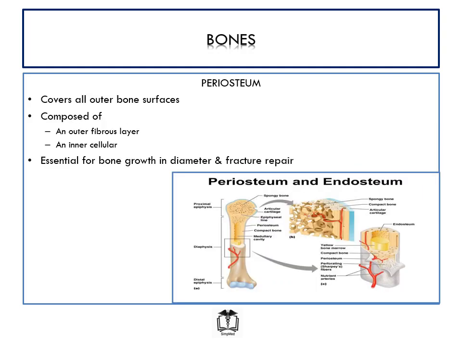So the periosteum is the outer part of the bone and covers the entire bone surface. It's composed of two major sublayers, an outer fibrous layer and an inner cellular layer. It's essential for bone growth in diameter and also for fracture repair. Note that the periosteum does not cover the articular surfaces of a bone, and it tends to be the site of tendon attachment. The articular surface of the bone is the site that is in contact with another bone, involved in the formation of joints. So wherever we have joints, we have the articular surface of a bone, and that part is not lined by